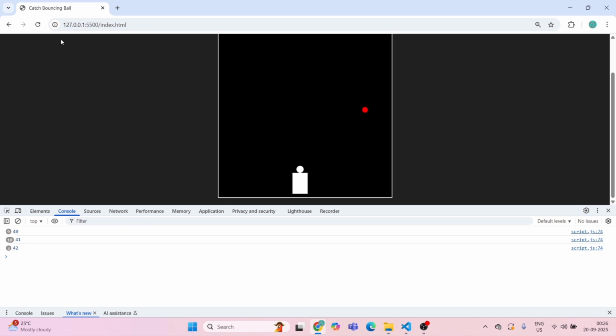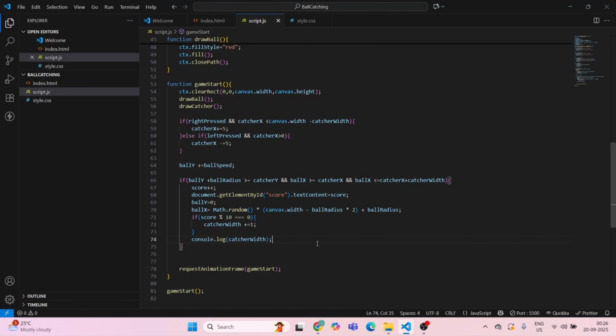So now it will work like that. Once we hit, it will be 43 and the width will get increased. So this is what we are doing here. We are checking the score. Once the score is a multiple of 10, then we are increasing the catcher's width, so it will be a bit thicker than the previous one. Now it is done. We have to come outside this if, and we have the last condition now, which is